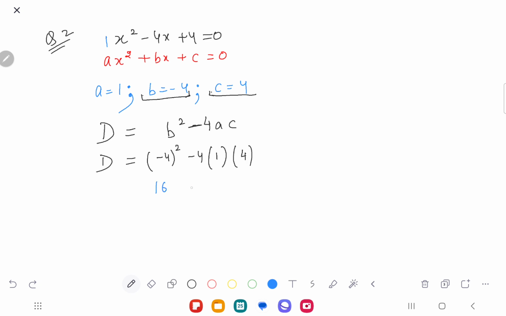So that's going to be 16 minus 4 times 4, which is 16, isn't it? So my discriminant here shall be 0,